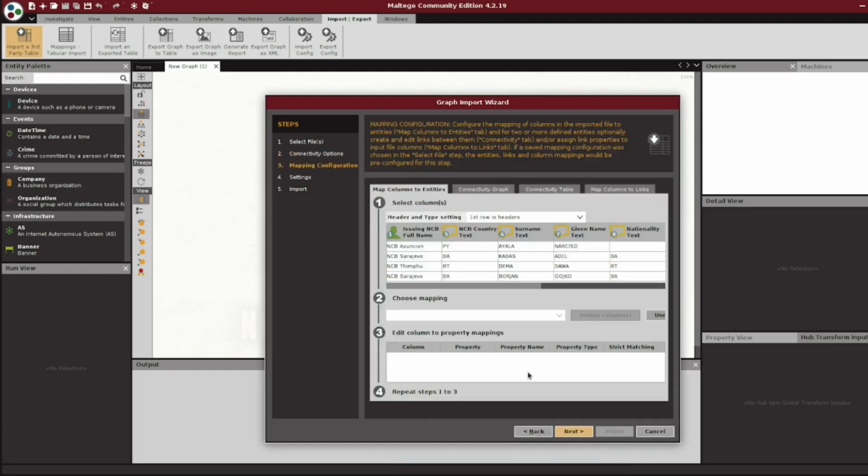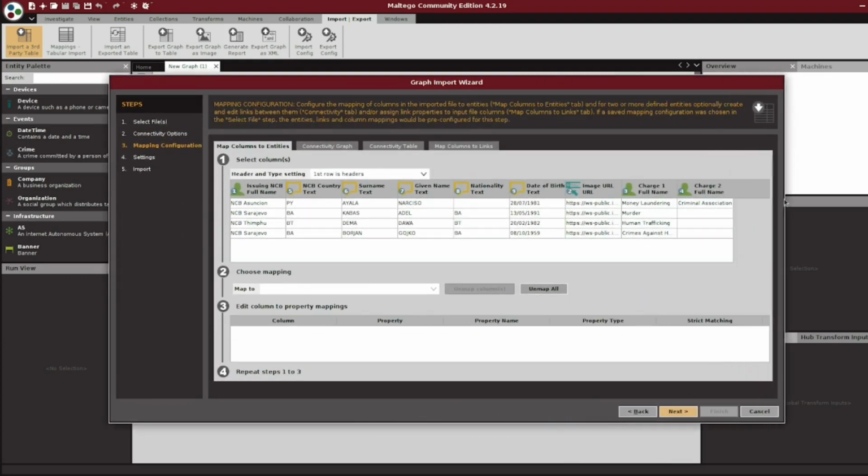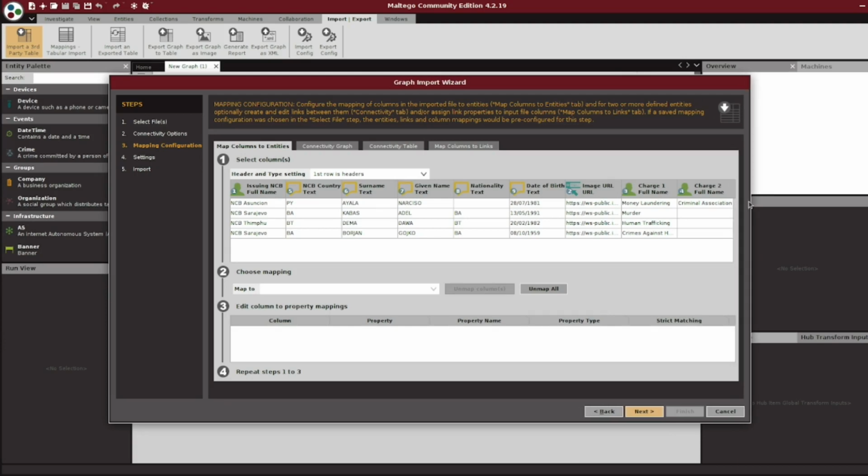This screen shows us the data from our spreadsheet and allows us to choose what entities we want each of the columns to be mapped to. The data in this spreadsheet is information I pulled from Interpol's public red notice database. First, let's resize our window so we can see all of our available data. Now, Maltego automatically tries to detect what it thinks is correct based on the data you imported, but it's always a good idea to make sure you go through and check all of your options.